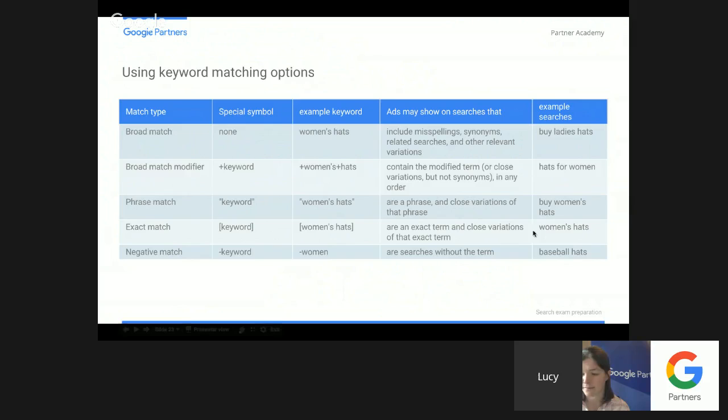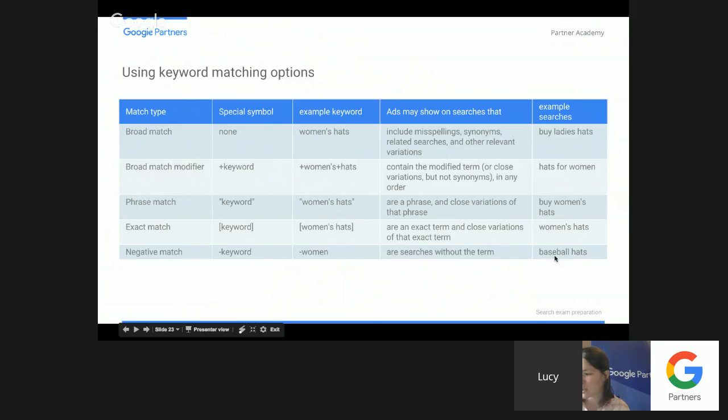trigger that ad. And the last one, which I use in conjunction with all of these other ones, is negative match. So if you put a dash in front of a phrase or add keywords into the negative keyword section of your AdWords account in an ad group or a campaign level, it will not trigger your ad when that word is included. So if we added the word negative keyword women,